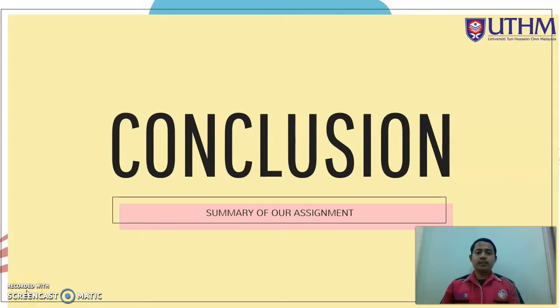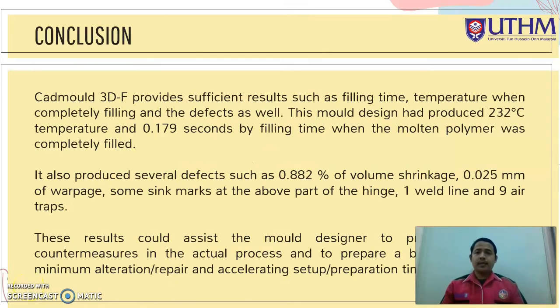Okay, for the conclusion, that is the summary of our assignment. Cadmould 3D-F provides sufficient results such as filling time, temperature, when it is completely filled, and the defects as well. This work design had produced a temperature of 232 degrees Celsius and a filling time of 0.179 seconds when the molten polymer was completely filled. It also produced several defects such as 0.882 degree of volume shrinkage,